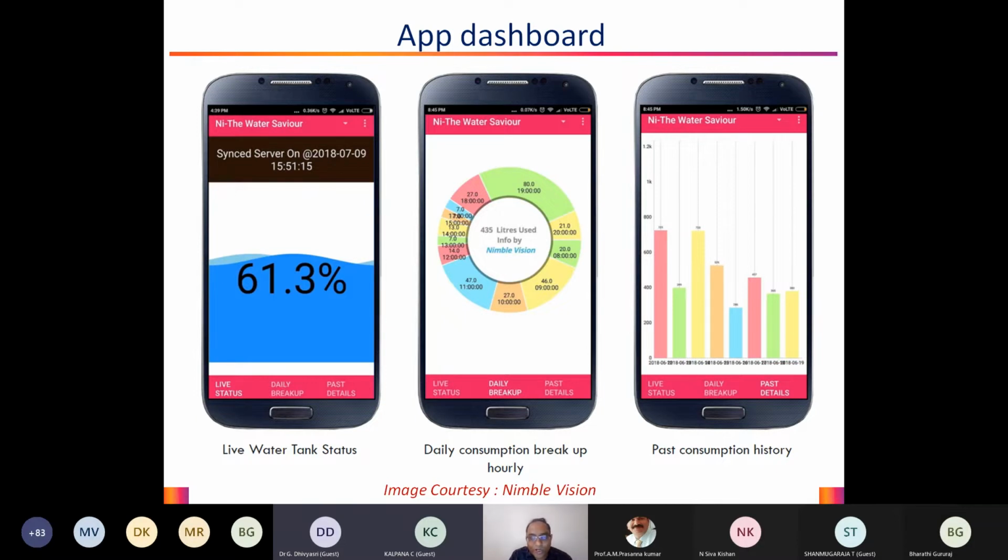So as compared to an individual household, if we put it in industry, this will play a very vital role, because in industry it is very important that you manage the water level in various processes to an accurate level. You also need to identify if there is any leakage, because industry is a huge setup where at multiple locations you might see leakage happening, right? So with this little solution, you can always address such a concern, right?